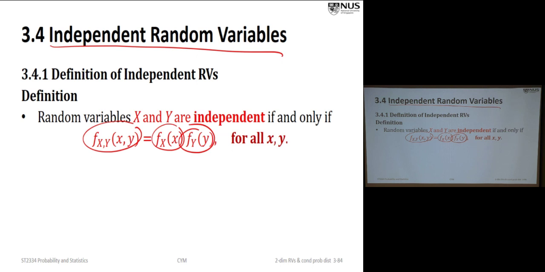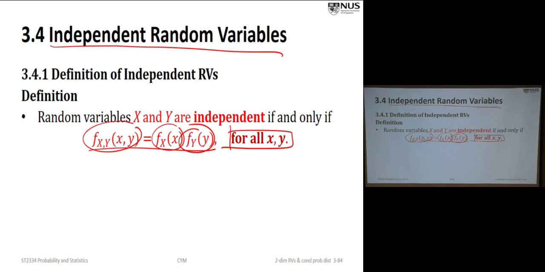But here it's not just 2 independent events. You are talking about many of the independent events. Basically, we're talking about 1 random variable is independent of another random variable. So this is the definition. And this definition applies to both continuous and discrete random variables. One very important point. This relationship, f of xy equal to f of x times f of y, is valid for all the xy. That means x can be from minus infinity to infinity, y can be from minus infinity to infinity.